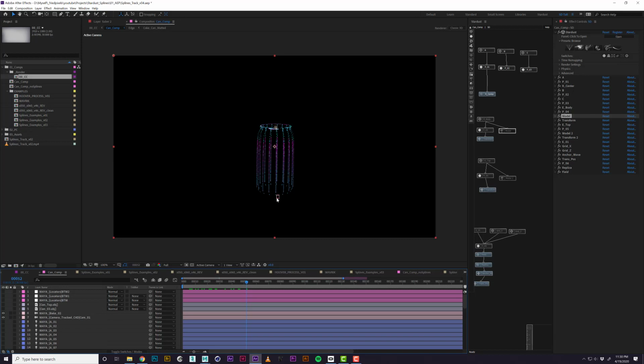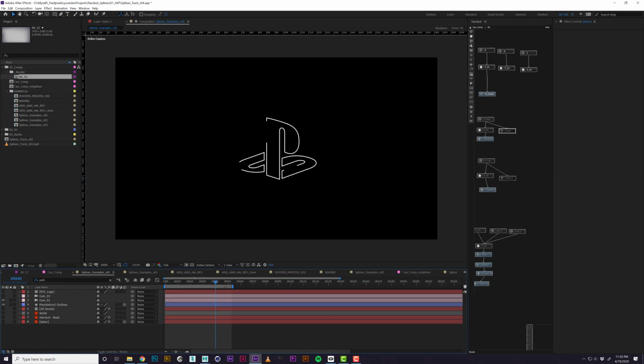Before I jump into the technique, I wanted to show some other examples of how I've been using this. And then I also just want to give a top level overview of the splines so we can understand what's happening, why this approach works, and how you can maybe use this in your projects. So let's jump into a new scene.